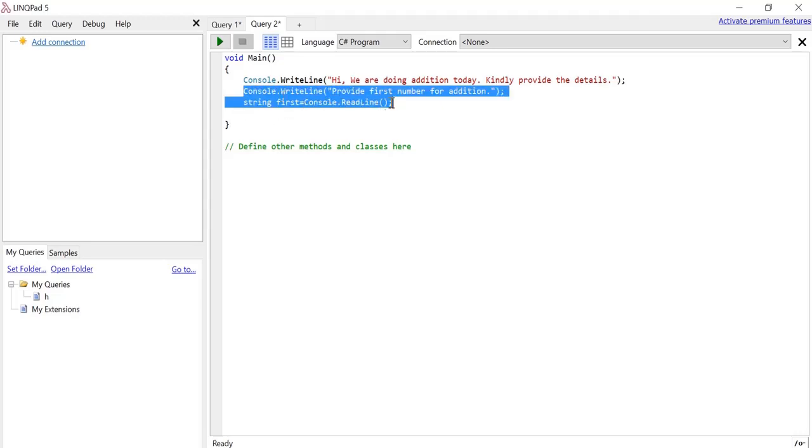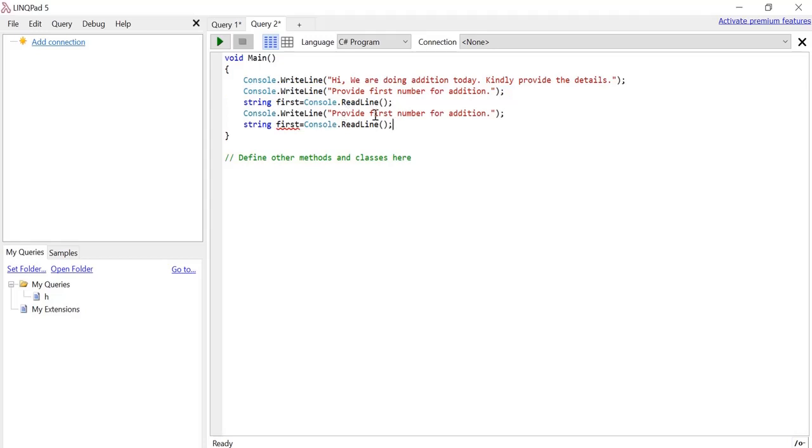I'm just copying the things, but you do not copy anything. You have to write everything your own so that you will learn the syntax and methods, how we are writing the program. Provide second number for addition.